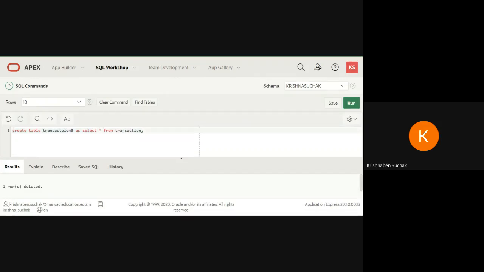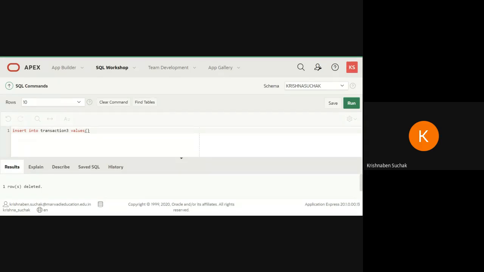So right here the command is insert into transaction 3. Whatever new table name you have written, write that here. If you have written transaction 1, 2, 3, 4, 5, then write that here. Values: the values which you have already inserted in your transaction table, you have to insert the same values.